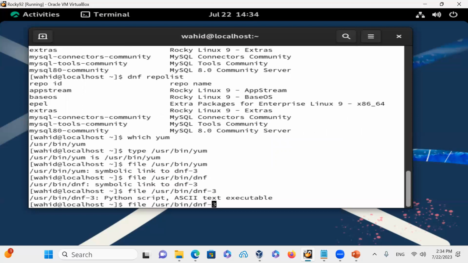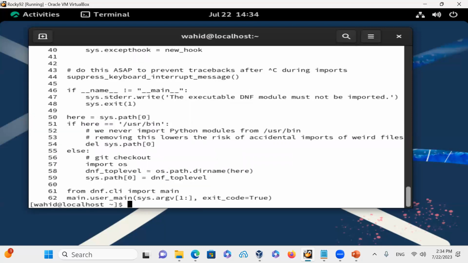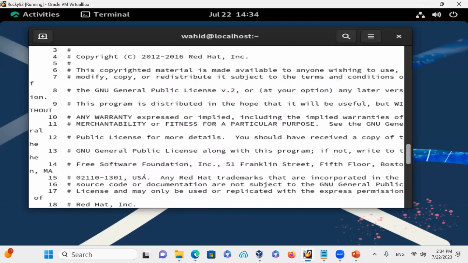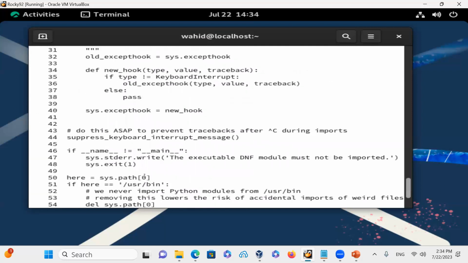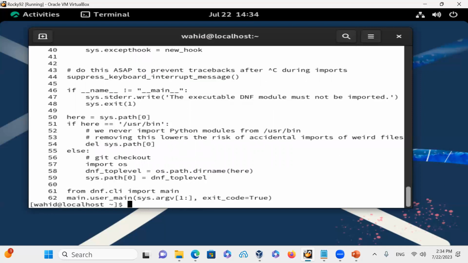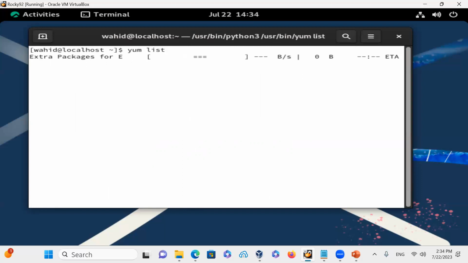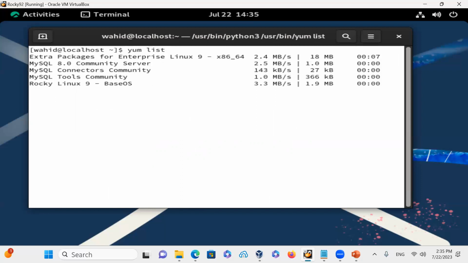And if I want to see the content of that one with the cat -n, there's about 62 lines. All of them are just these Python lines of the script, loading the module, setting the path, and all that details. So if you say yum list, it will get all the list of repositories that are there. So when we are discussing package managers, you should be informed that at both Red Hat and Ubuntu Linux,